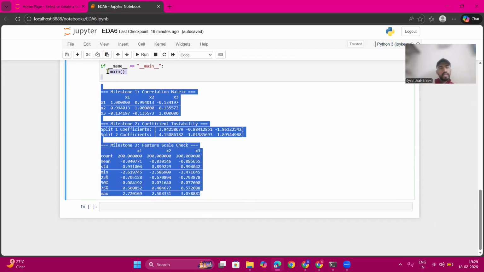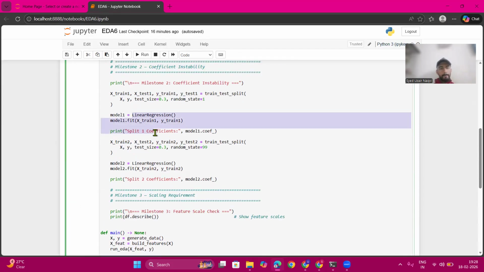So these are the three milestones that we have covered. This is skeleton